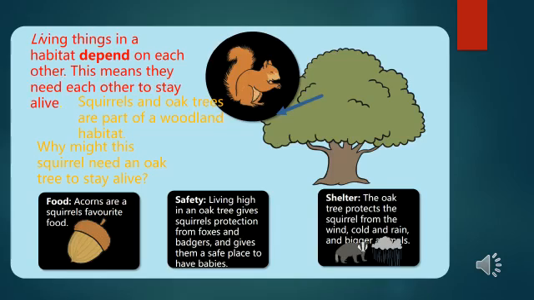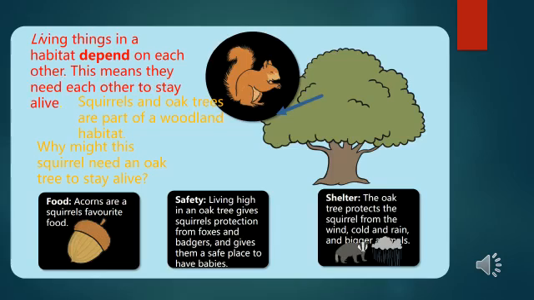So we need to be able to move, we need to be able to breathe, we need to be able to be sensitive to the things that are happening around us. We need to be able to have space to grow. We need to be able to have other things there we can reproduce with. We also need to be able to excrete, and we also need nutrition.